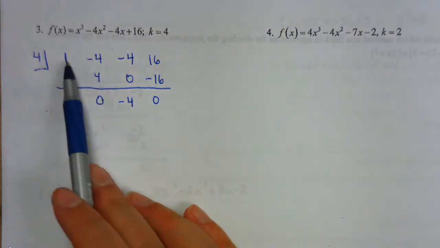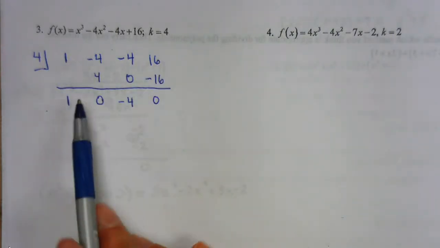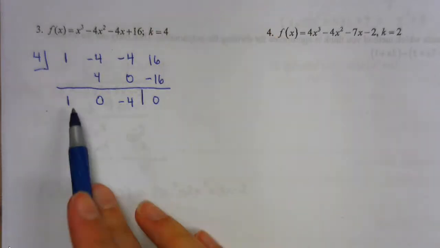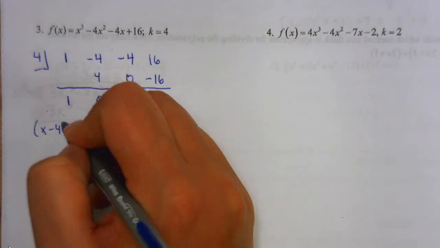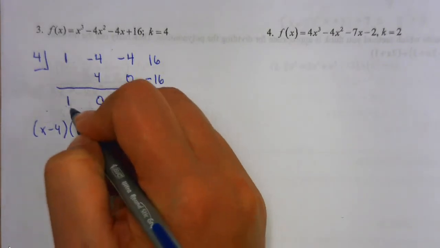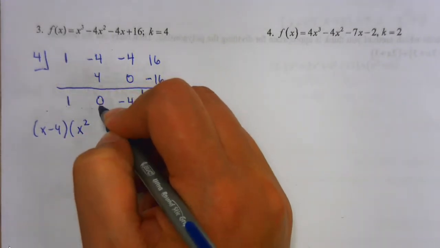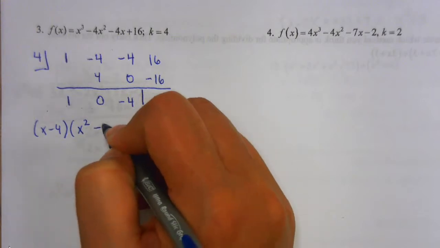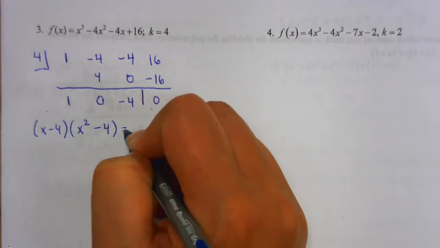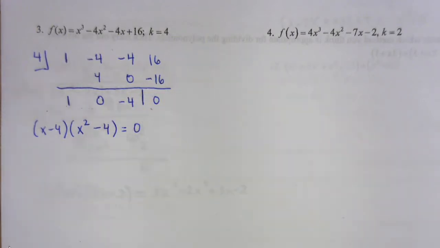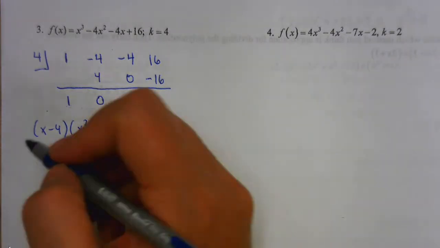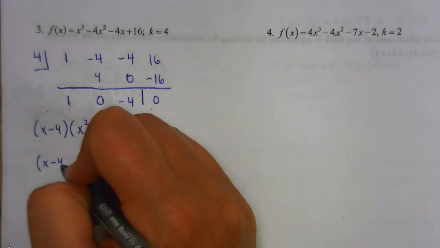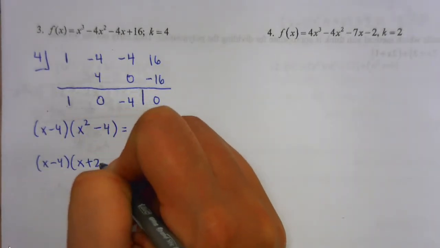So again, I started with a cubed function. My answer here is a square function. So our first factor was x minus 4. And then our answer here, we have x squared. I don't have an x term, but I still have my constant of negative 4 equals 0. And now we factor. The x squared minus 4 is a difference of squares. I have x minus 4, and then x plus 2 and x minus 2